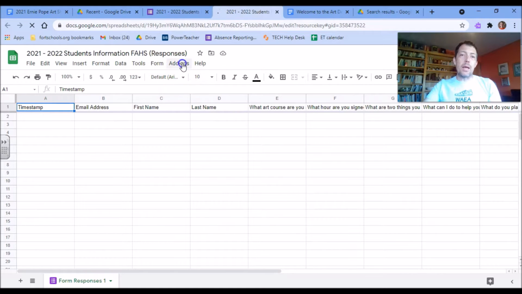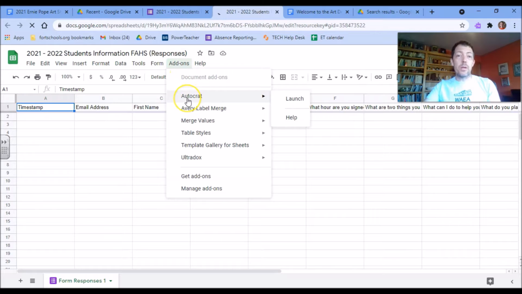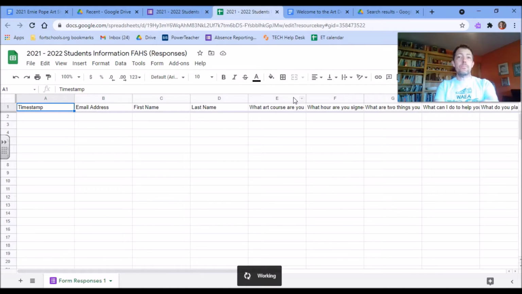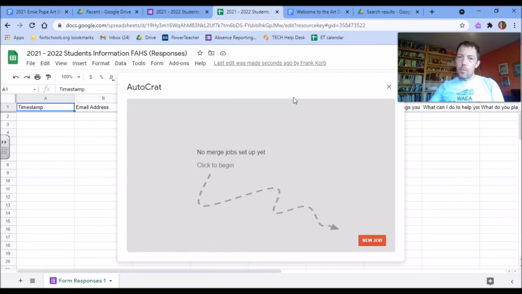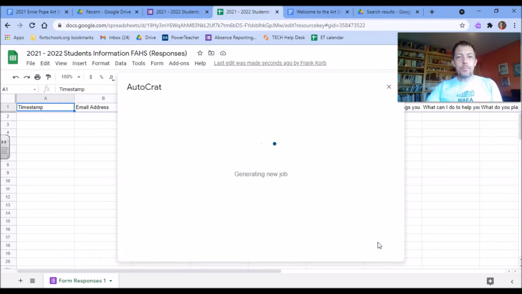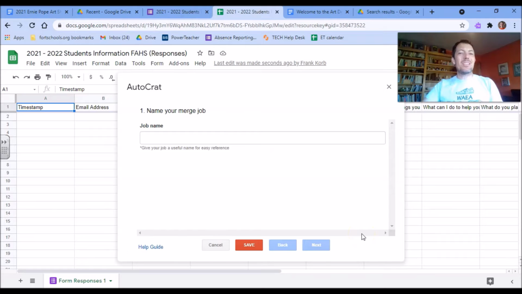So then I'm going to go up to add-ons, and already Autocrat is loaded. If you don't have Autocrat in your Google toolbox, you can go to Get Add-ons and then type in the word Autocrat. I'm going to launch this. So I don't have any jobs set up right now, so I'm going to do a new job. And it's going to ask me a couple of times to title this. So I'll title it 2020, 2021,